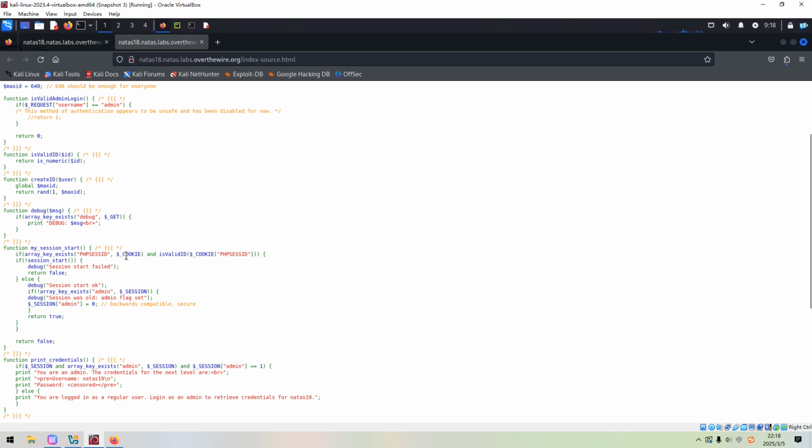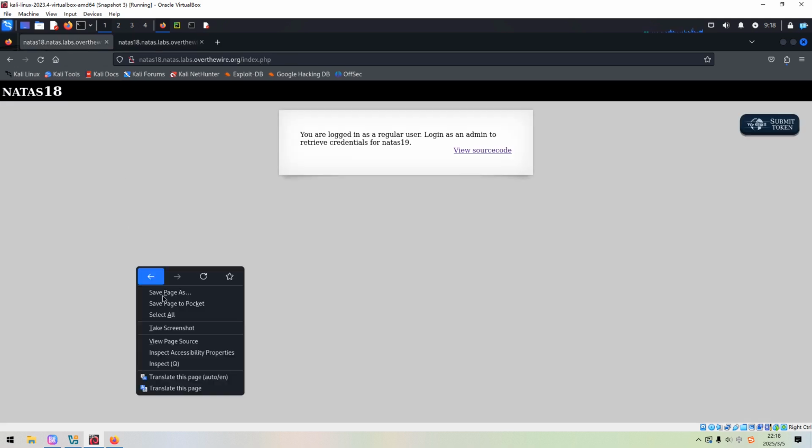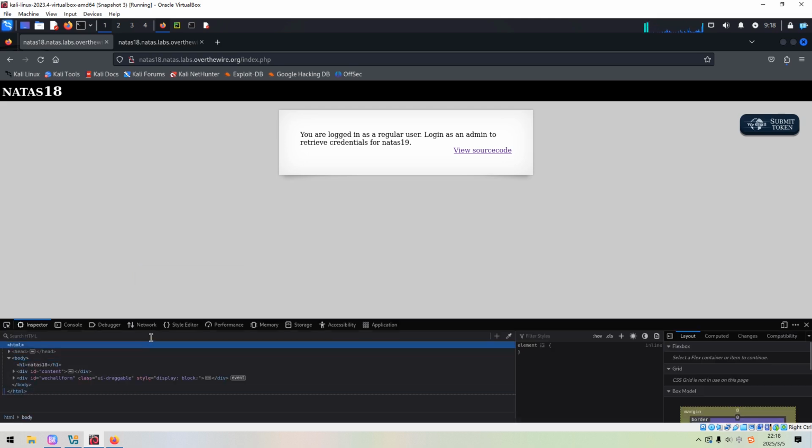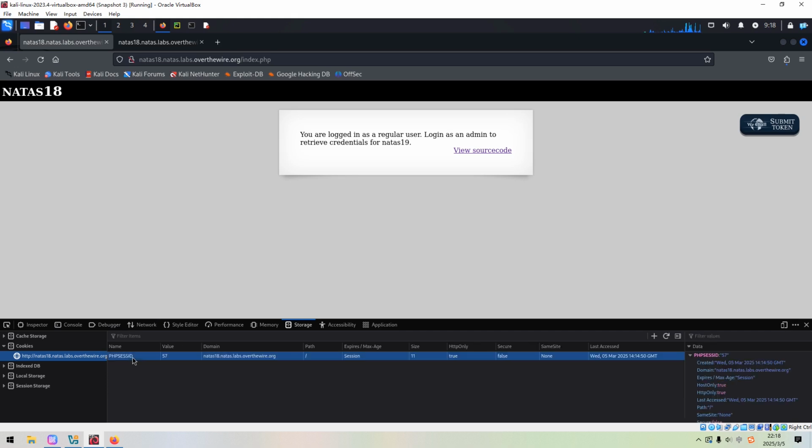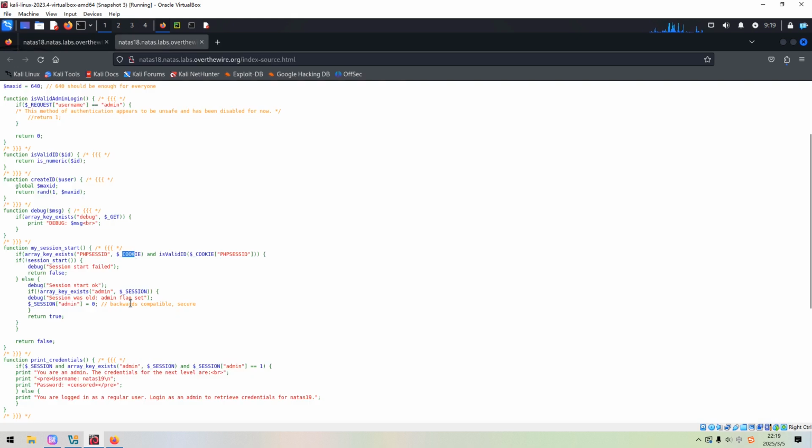and if the cookie has the key PHPSESSID, so maybe let me open developer tools and go to storage. Yeah, indeed, even though we are logged in as a regular user, there is a key. The key name is PHPSESSID, and the value is 57. Okay. So now let's go back to the source code,